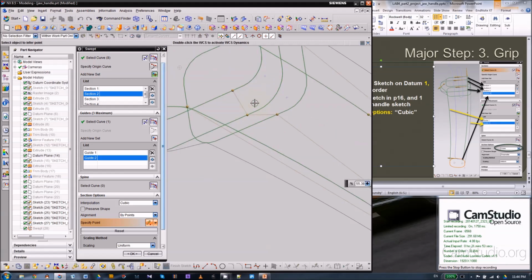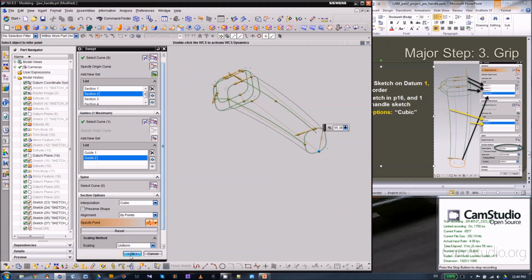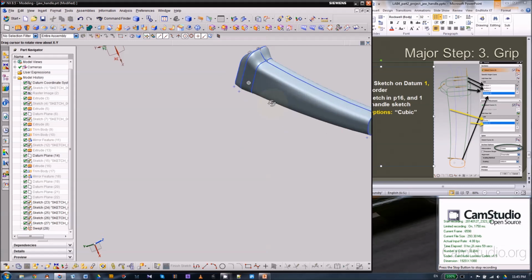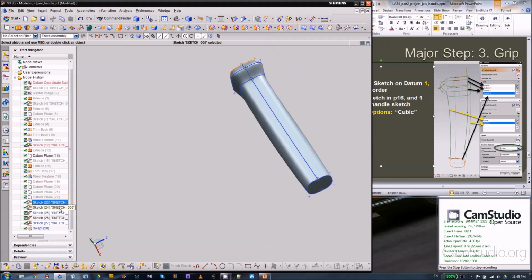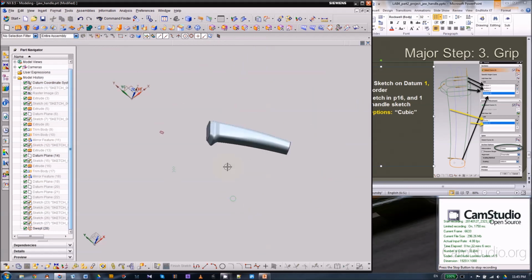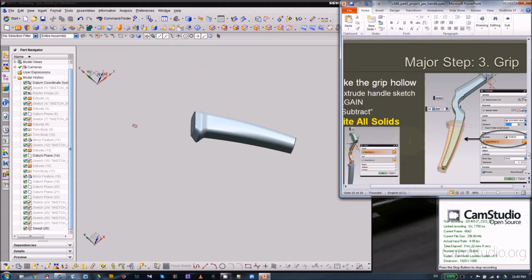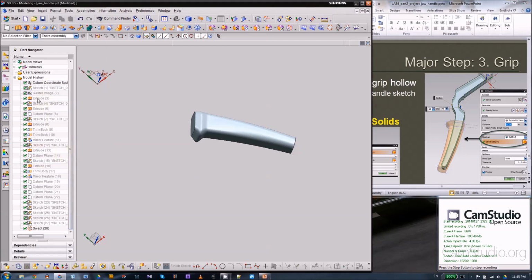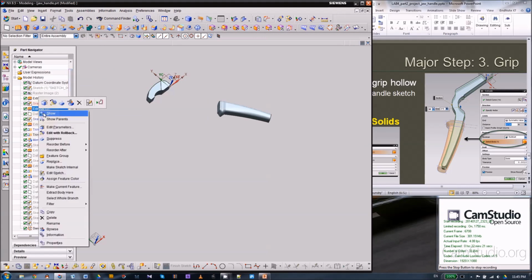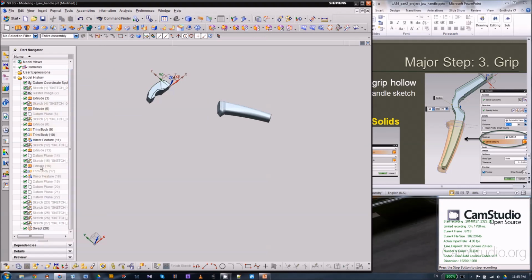It doesn't really matter, but it's just for better looking geometry. So that will give you a smoother surface if you hide everything. Okay, now the last step is to unite everything we have. Let's show the extrude. Also show this extrude, the handle,